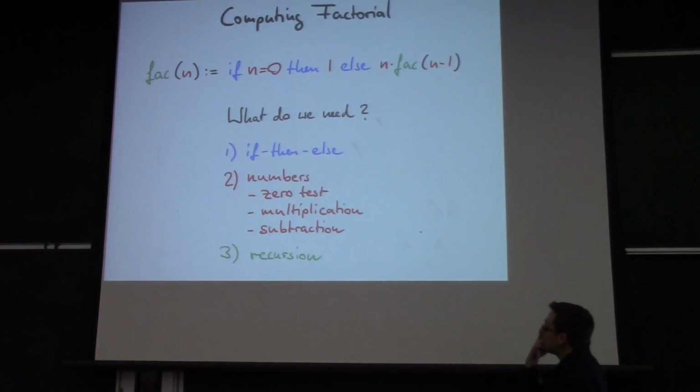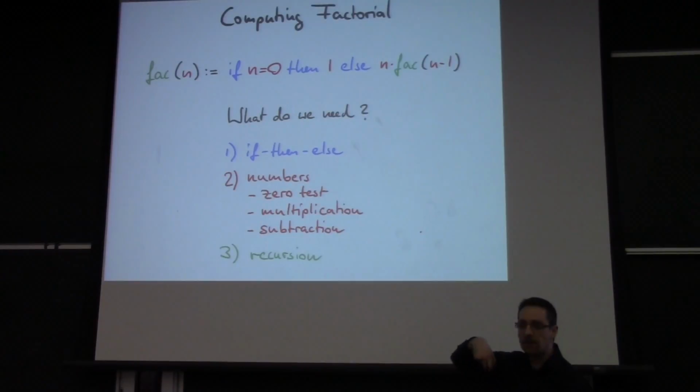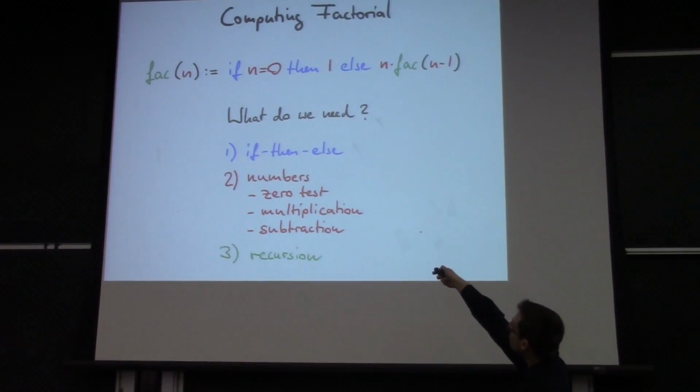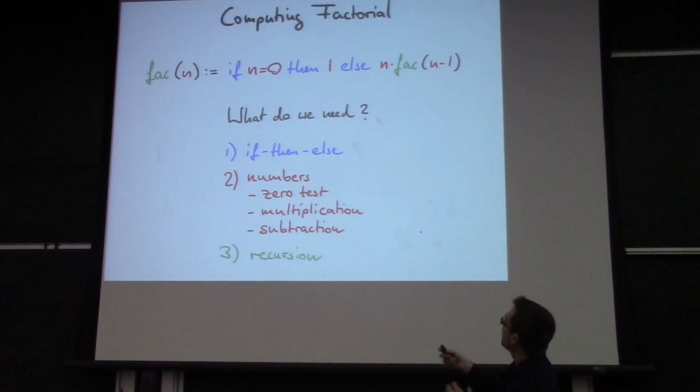So now, what do we need to do to translate this into an alligator and egg program? There are essentially three things we need to do. First of all, we need to somehow represent this if-then-else. We need to write an alligator and egg program that represents this if-then-else expression. Then we need to be able to do arithmetic operations to actually compute with